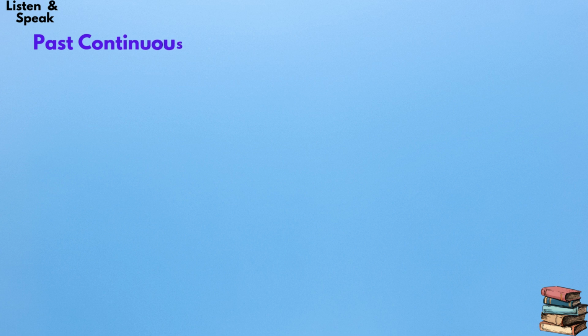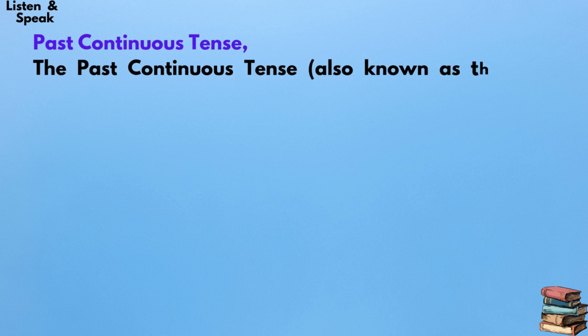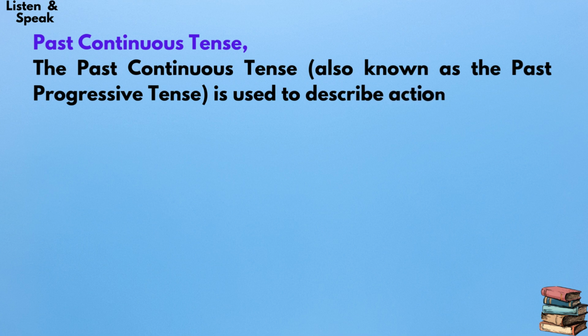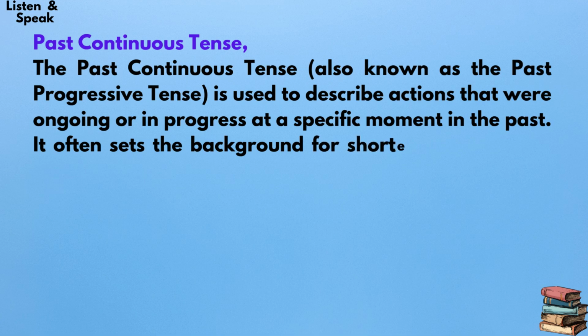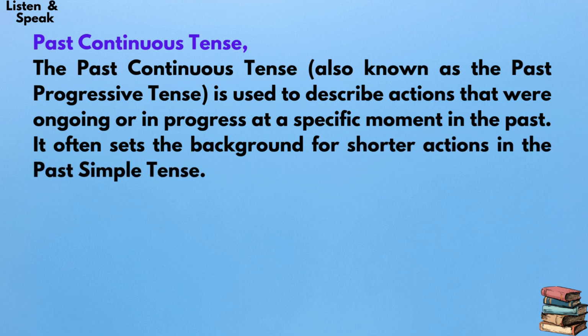Past continuous tense. The past continuous tense, also known as the past progressive tense, is used to describe actions that were ongoing or in progress at a specific moment in the past. It often sets the background for shorter actions in the past simple tense. 1. Structure of the past